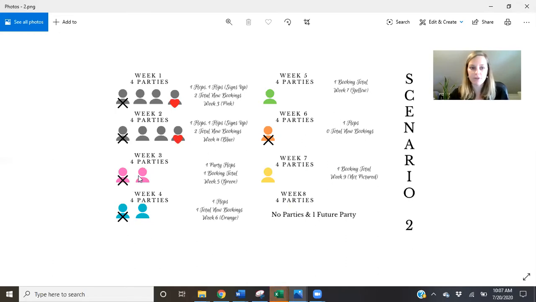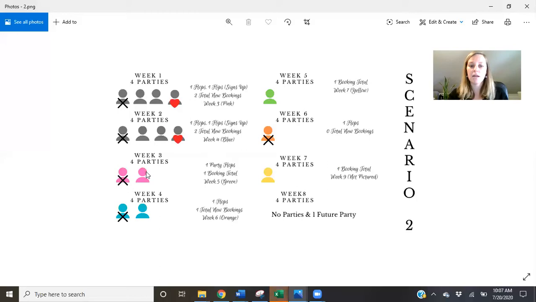So we're into week 3 of parties, and we got these parties. Great, we have 2 bookings. Hey, we'll take it, 2 parties this week. Let's say 1 flops or ghosts, and this other one left over here, we have 1 booking. And we're gonna take that booking because we're probably past the invite deadline for next week. We're gonna push that one out to week 5. Okay, and that's this green one here, okay?